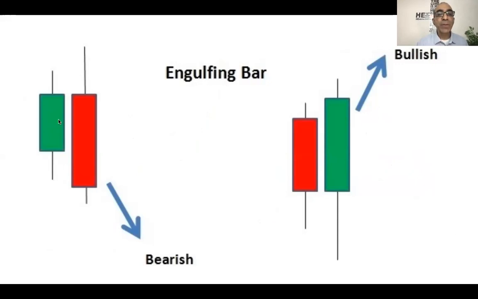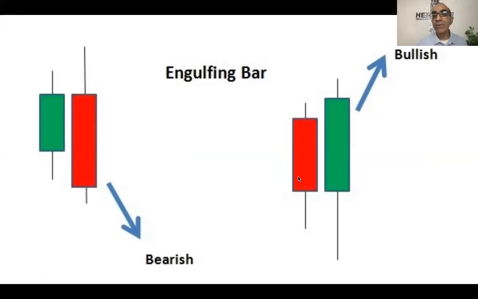example of the same thing. So you have a smaller candle that is green being engulfed by a larger red candle, okay, which is a price rejection. So the price tried to go all the way up here, and it rejected all that price, and it went all the way down. It tried to go here, but it didn't go that much, but it went here. So whenever you have a larger red candle following another green candle like this, it is often a bearish engulfing